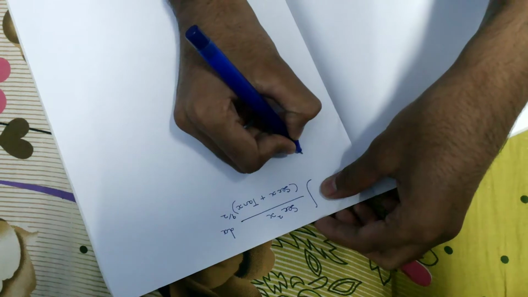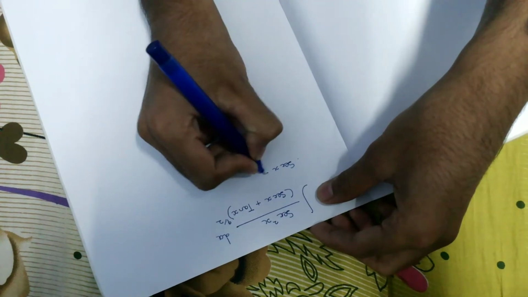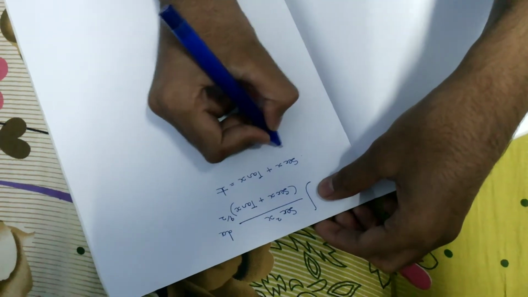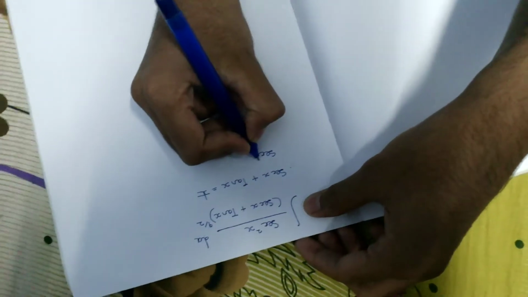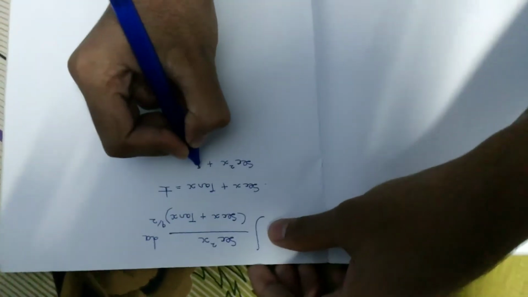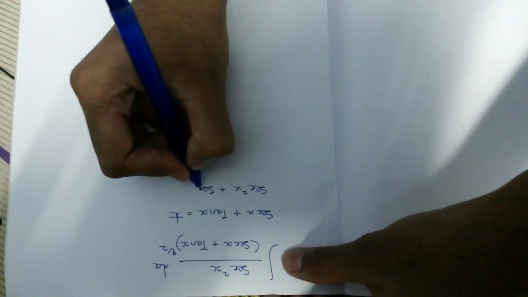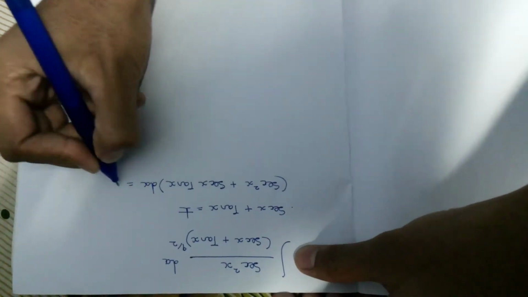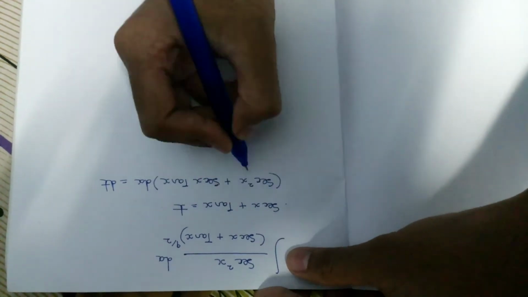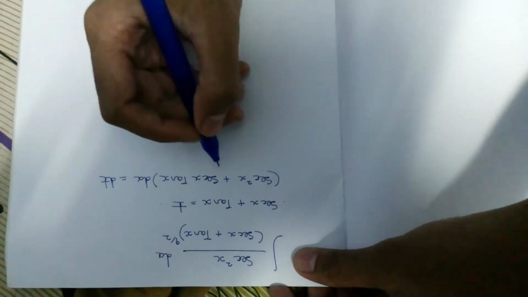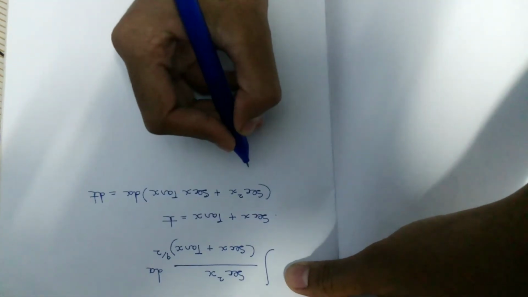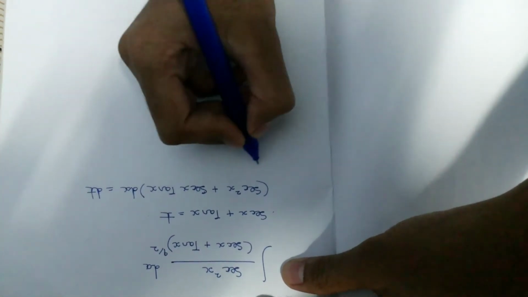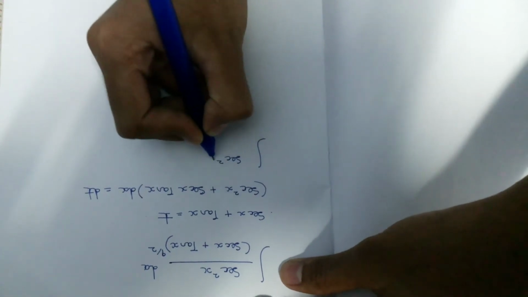So let us denote this function by t. Now if we calculate its derivative, thus we will need to have the derivative in the numerator. As we can see, we have secant square x in the numerator. However, if you simply add secant x tan x in the numerator and then subtract it,